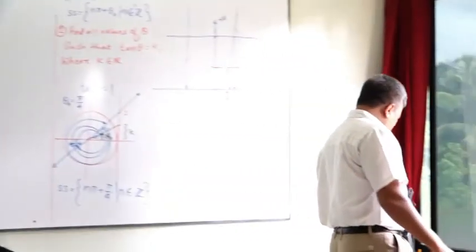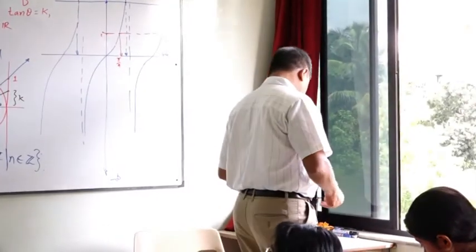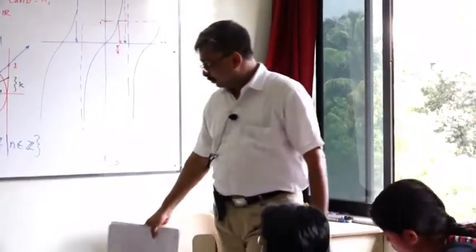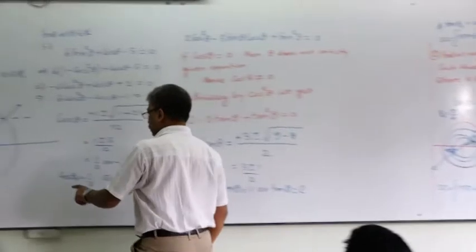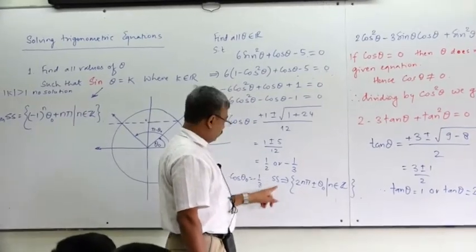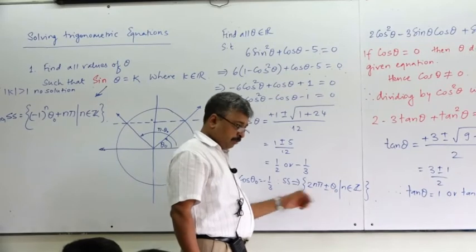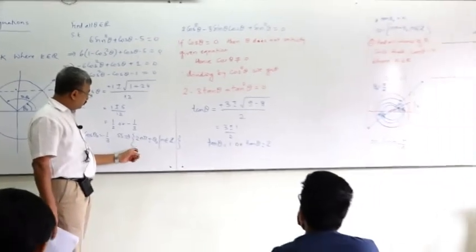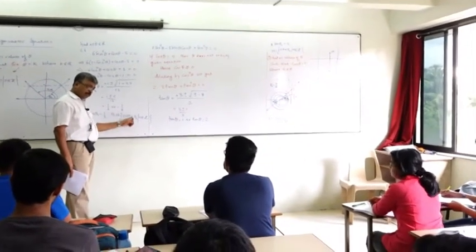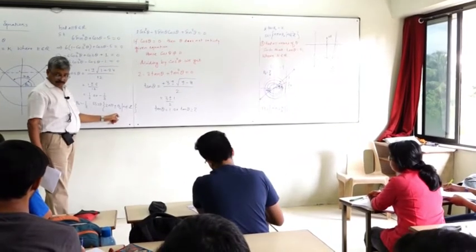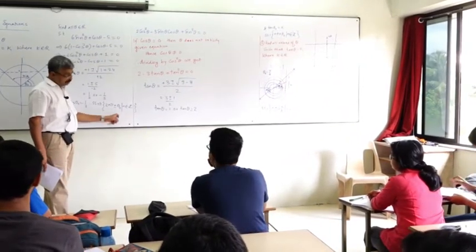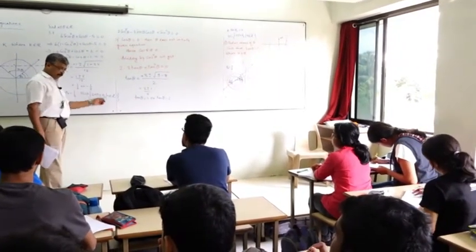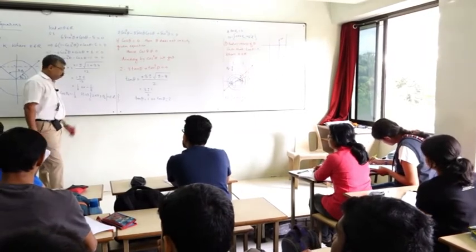So let us solve one more example, third example. No, you write down cos theta naught is equal to minus 1/3. Therefore, the solution is in terms of theta naught. And then for 1 by 2, similarly, you write down the solution set is equal to 2 pi n plus minus pi by 3. There you write down the actual angle because we know that value. Here we don't know that value, therefore we are writing theta naught. And then union of both.